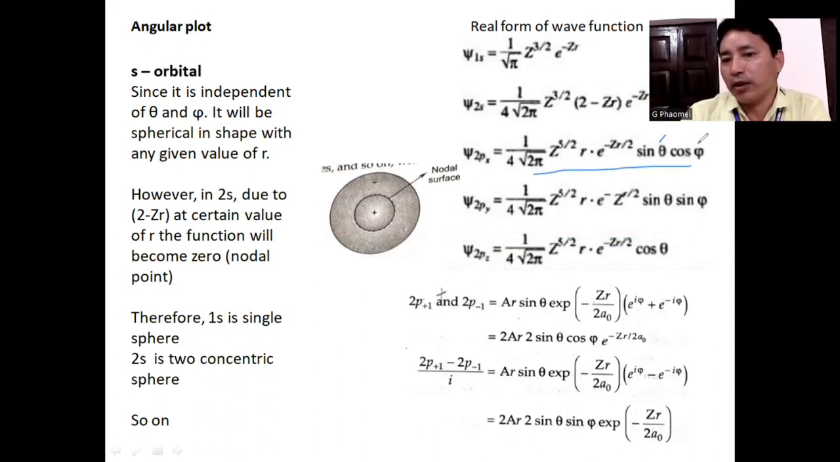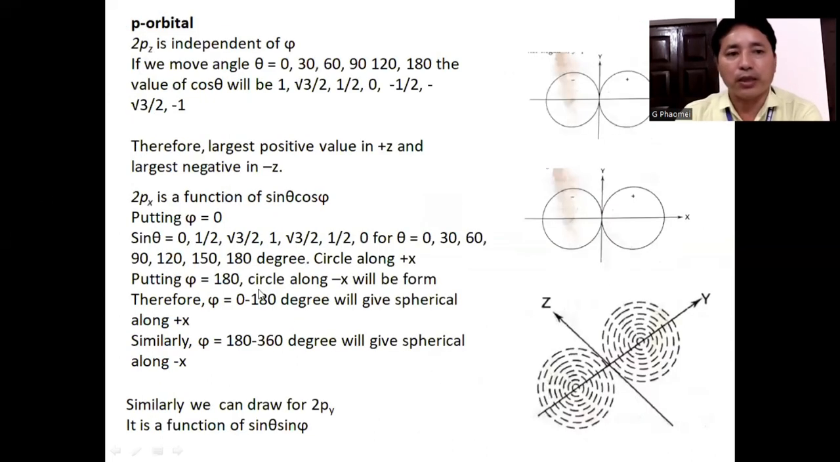which is dependent on theta, and which is dependent on phi, and also depends on r. But in the case of z, it does not depend on phi; it depends on theta and on r only. So if you see the shape of the p orbitals, we can see